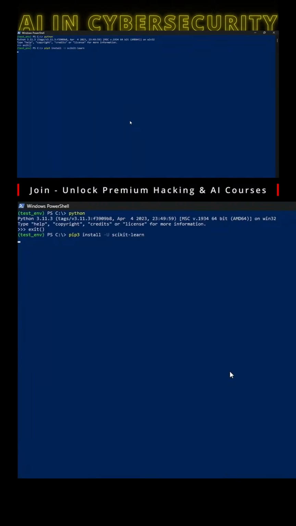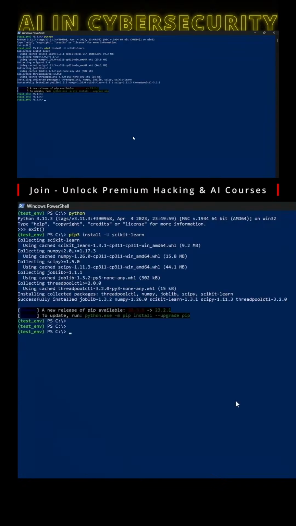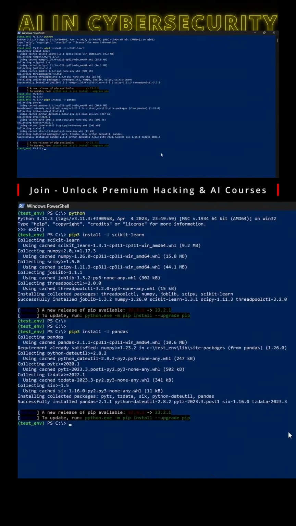and hit enter. Next, we need to install the pandas library, which is how we're going to work with our dataset. Once again, we'll use pip3 install -U pandas. Now let's start building our model. So to do that,